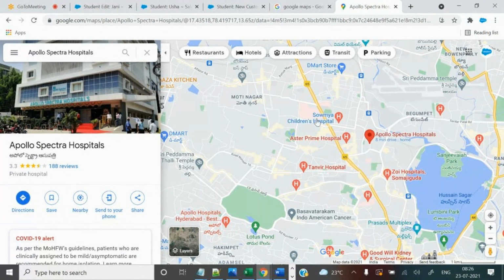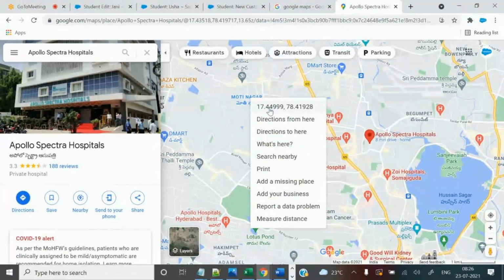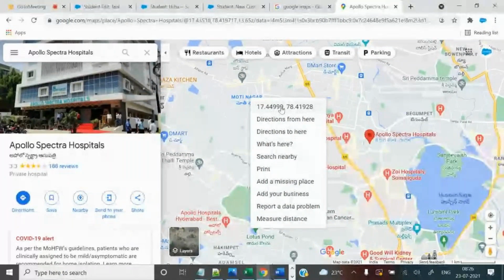What is the benefit of latitude and longitude? Suppose I want to locate one address. With respect to latitude and longitude only, your location is displayed here. Your location is represented with respect to latitude and longitude only. So latitude and longitude for each place on earth can be calculated. That's it. That's Google Maps.